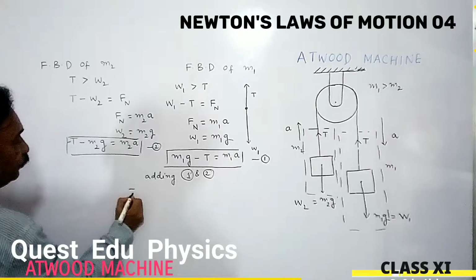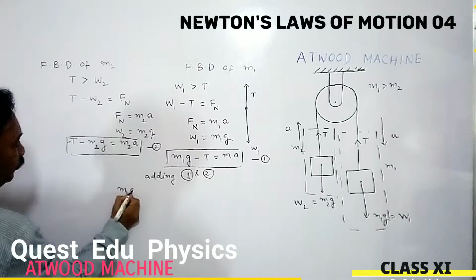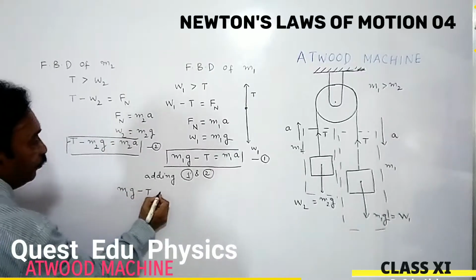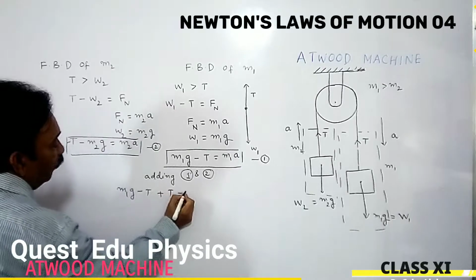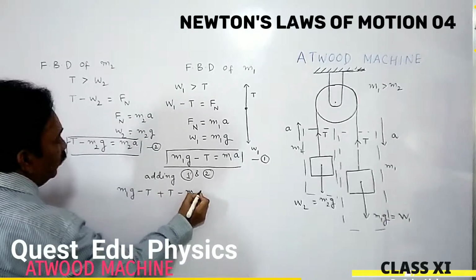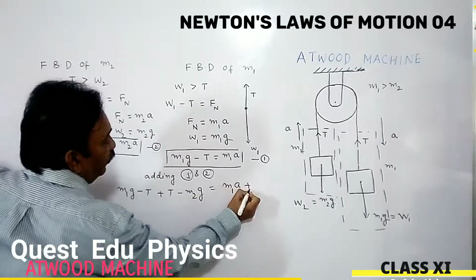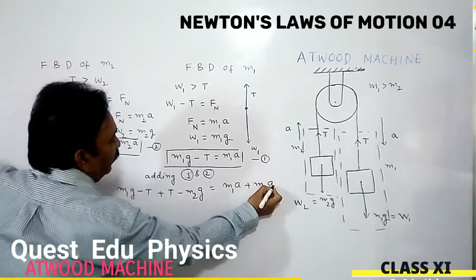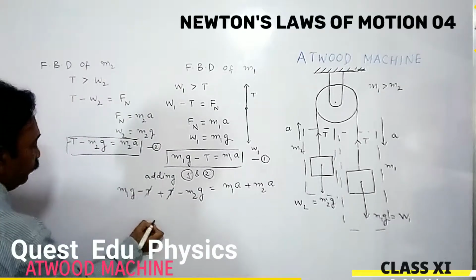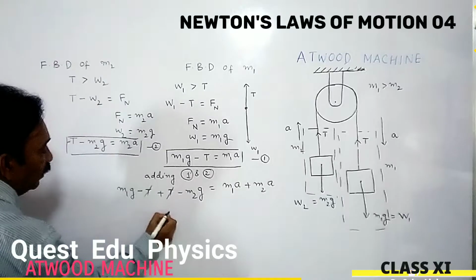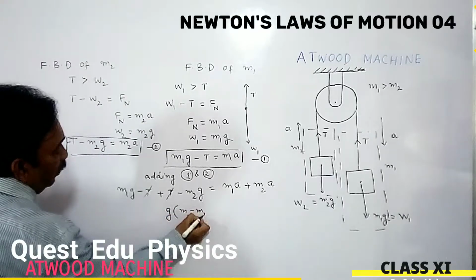M1G minus T, plus T minus M2G is equal to M1A plus M2A. The same terms T get cancelled. What we get? G of M1 minus M2